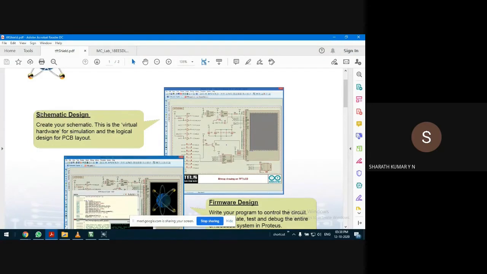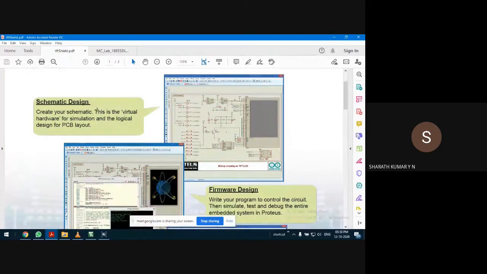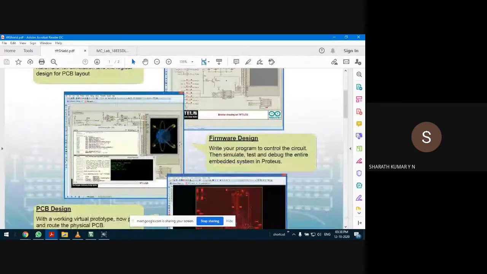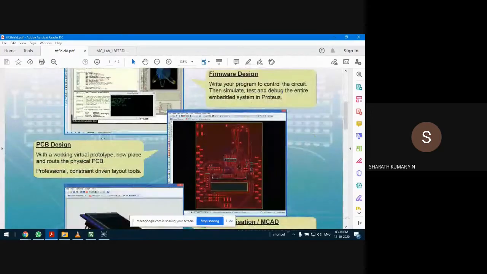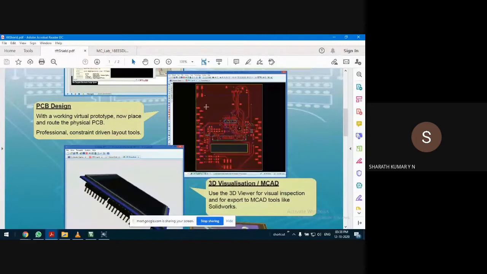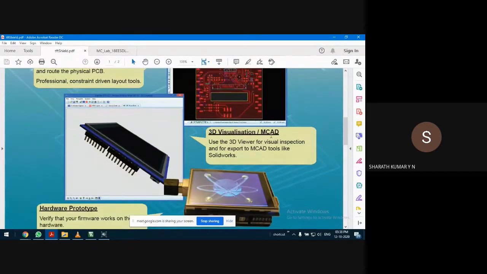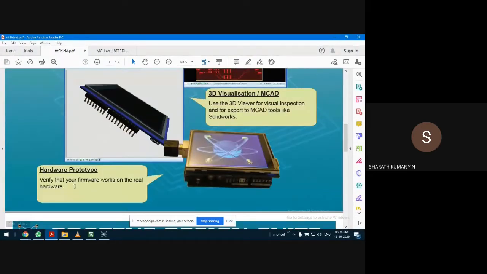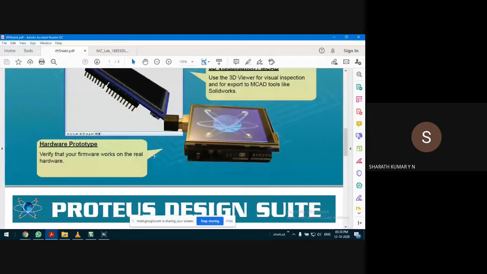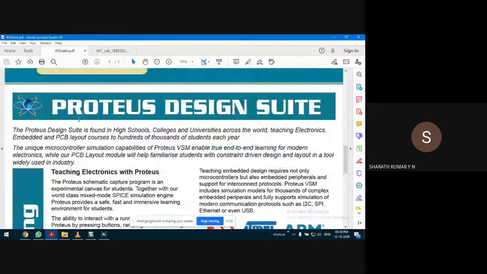Next comes firmware design, which we won't go into in detail, but you can know what applications Proteus is used for. PCB design is also very useful. Next we have the 3D visualization MCAD tool, and similarly hardware prototyping.